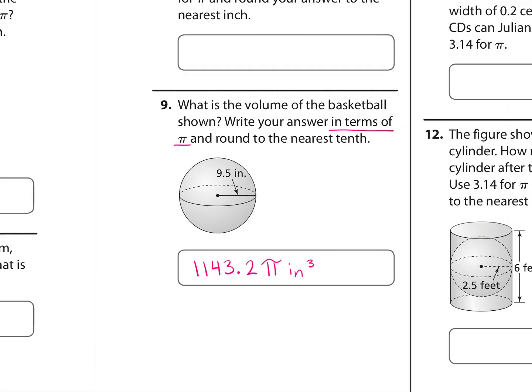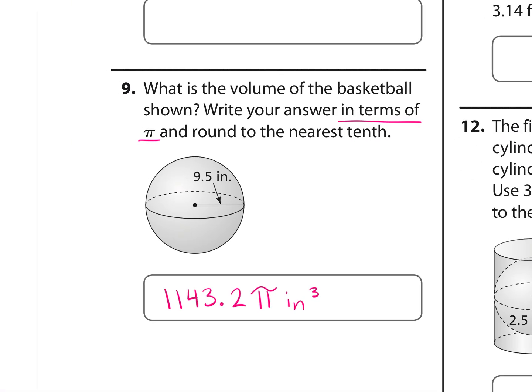Number 9, you have to pay attention to details. What's the volume of the basketball shown? Write your answer in terms of pi and round to the nearest tenth. I'm going to notice a couple of things. We're talking about a basketball. This is a sphere. And the formula is V equals 4/3